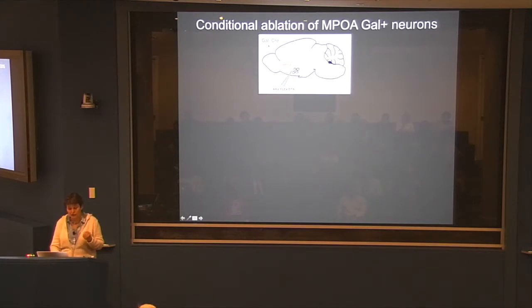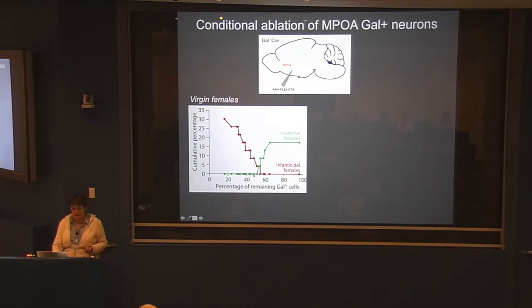Herbert now used a transgenic mouse that expressed the Cre recombinase under the control of the galanin promoter, and in a first set of experiments injected a conditional virus expressing a toxin, the diphtheria toxin, which enabled him to specifically ablate neurons expressing galanin in the preoptic area. When he did the experiment, he found that if over 50% of the galanin neurons are killed, so the number of remaining galanin neurons is below 50%, then virgin females lose their maternal behavior and instead become